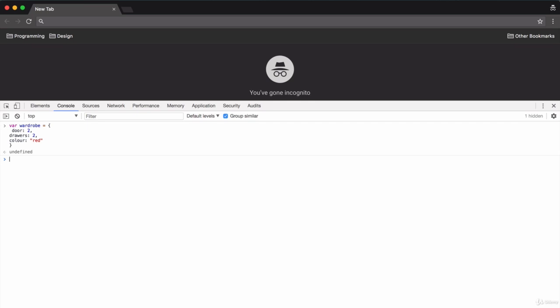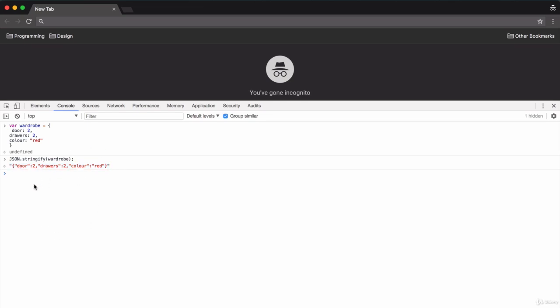And now that I have my object, I can use a JavaScript method called stringify. And this will turn our wardrobe object from a JavaScript object into a JSON object. So now you can see the output is our JSON, and this is what it looks like. It's completely flat packed, and it's low on number of characters, and it's short and sweet and easy to transport